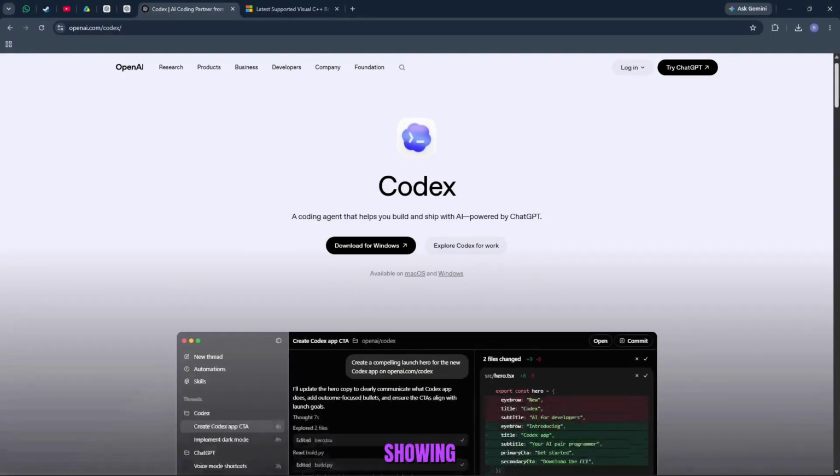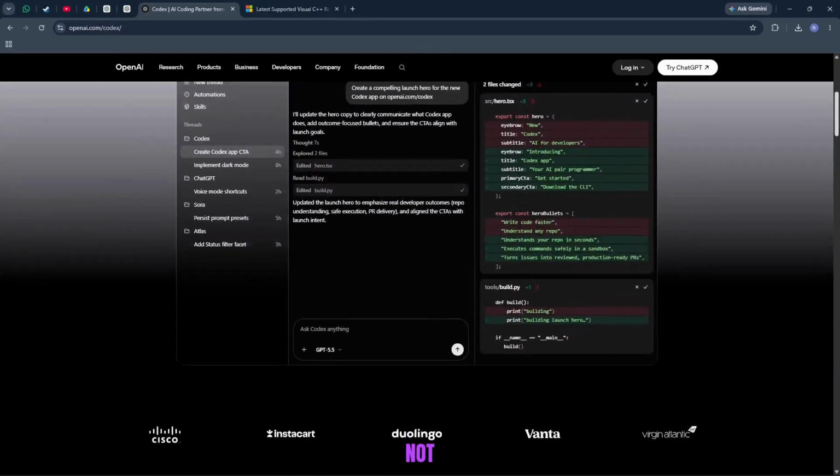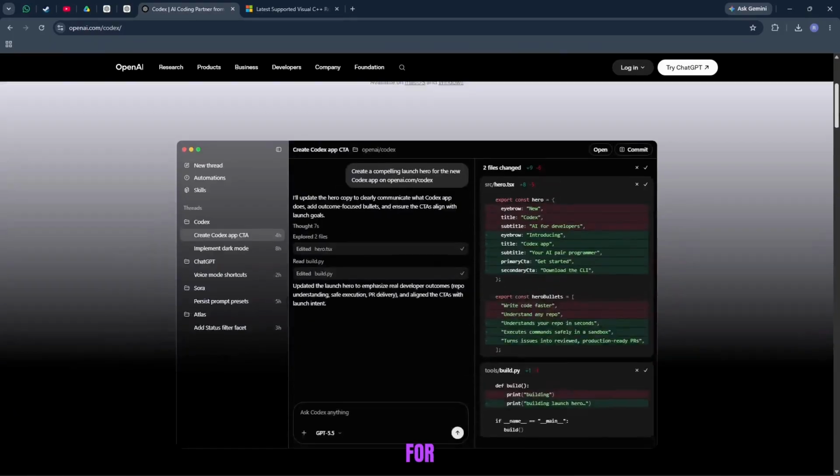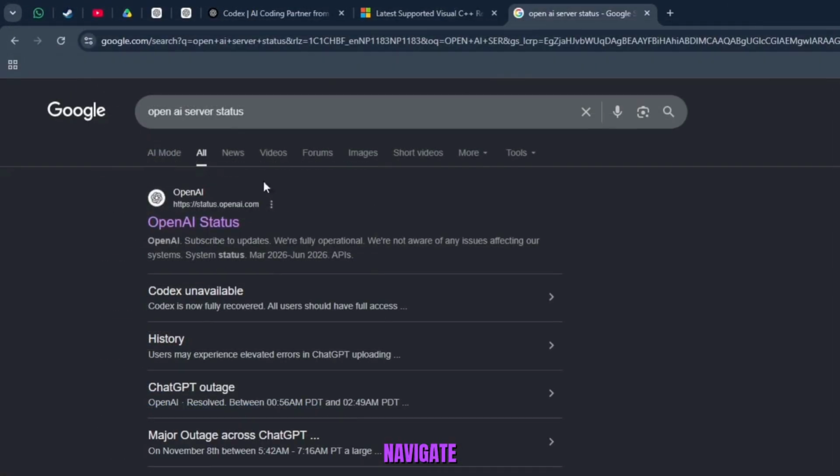In this guide, I will be showing you guys how to fix OpenAI Codex not loading. Let's get started. First, check OpenAI server status. For that, launch your preferred browser, navigate to the website